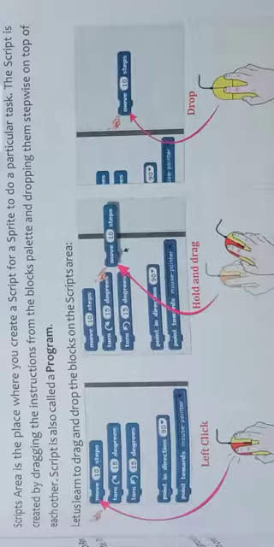Here you can simply watch that it is like a drag and drop operation that you understood in the third class. When you were in third class, I told you how you could drag and drop a folder or a file from here to there. Okay, so likewise, dragging and dropping of a block in the script area is just similar to the dragging and dropping of a file or a folder from here to there.